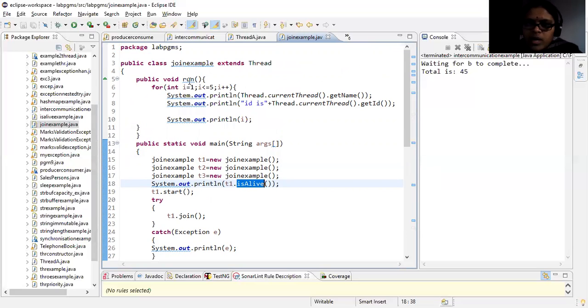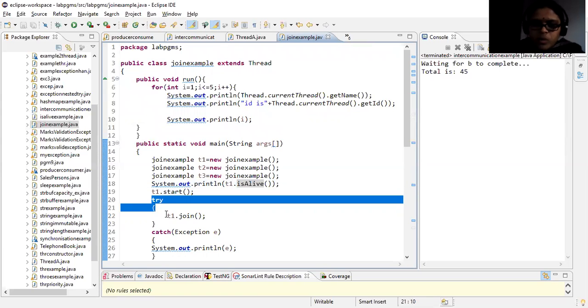Now, in the meanwhile, before executing any part of the code, when it comes to your main function again, what will happen? It is calling t1.join. Join cannot be just written like that. Similar to the wait function, suppose I am not placing the join in a try and catch block, then you will get an error, right? So your join should be placed mandatorily in a try and catch block.